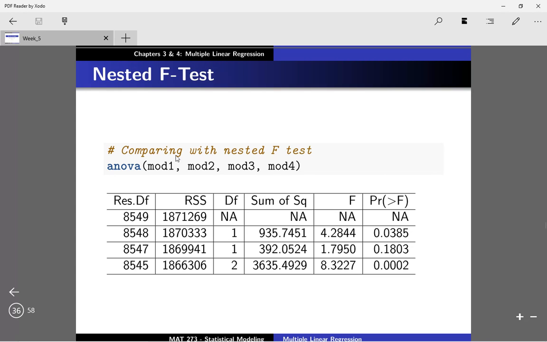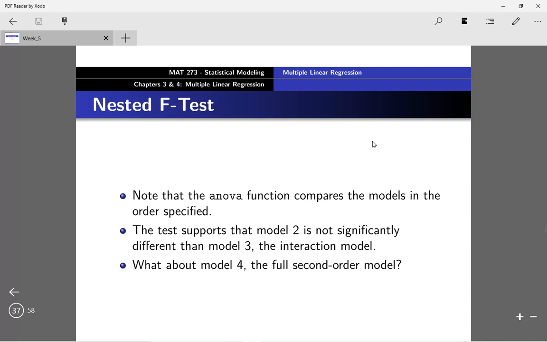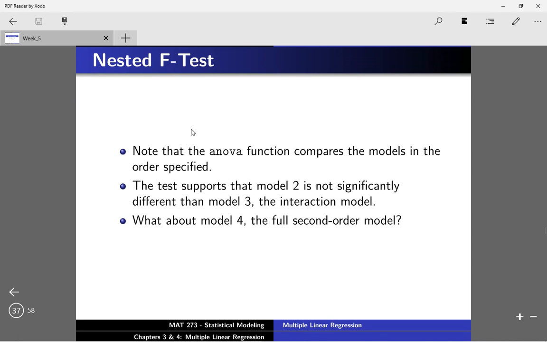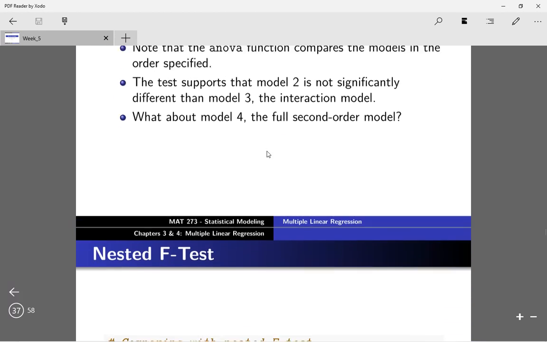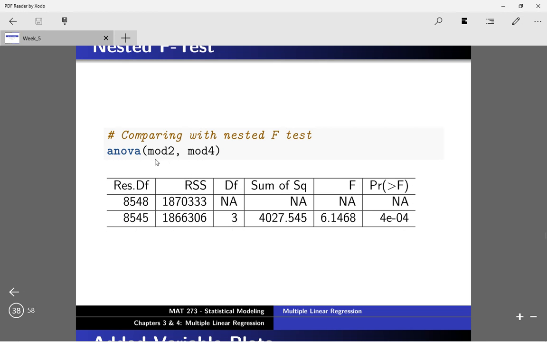But we can just run this code again, where we just have Model 2 and Model 4. So sort of just what I was talking about here. It compares the models in the order specified, and there's a number of different pairwise model comparisons that went on there. So again, just by only giving it Model 2 and Model 4 into the ANOVA function, we can then compare these two models. And so here we see 4e minus 0.4, so this is standing for,